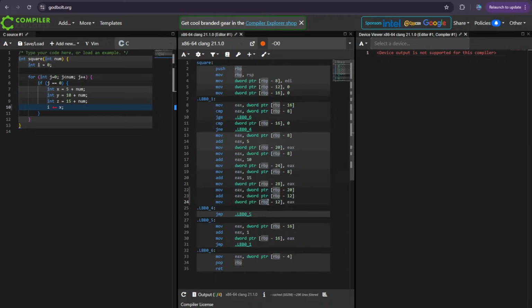We don't know at compile time what RBP is, but we know that relative to RBP, minus 12 is always going to point to I. So that way we can talk about I as something tangible,